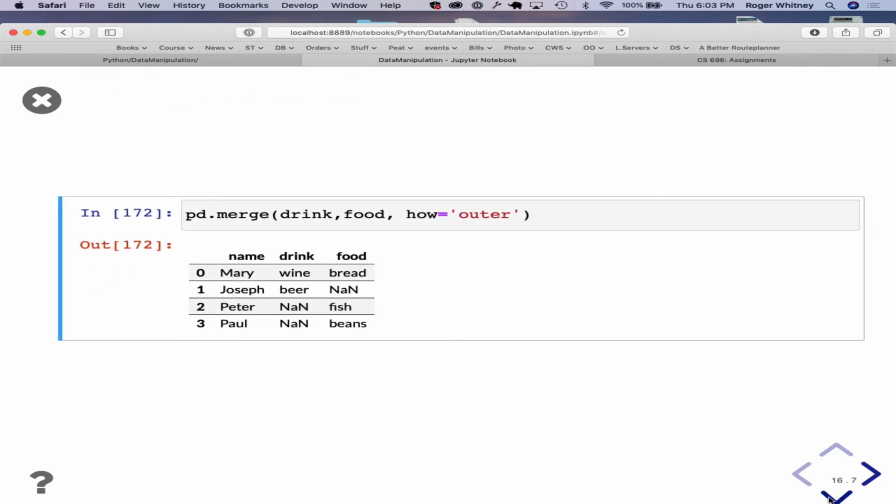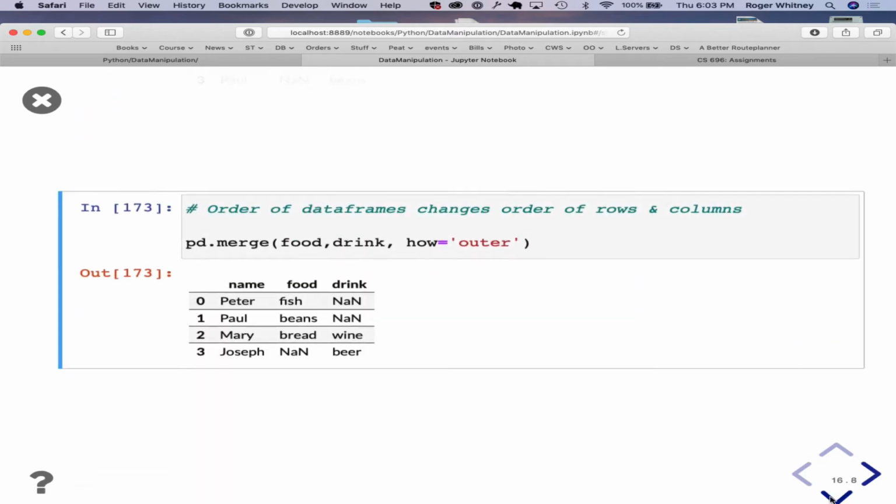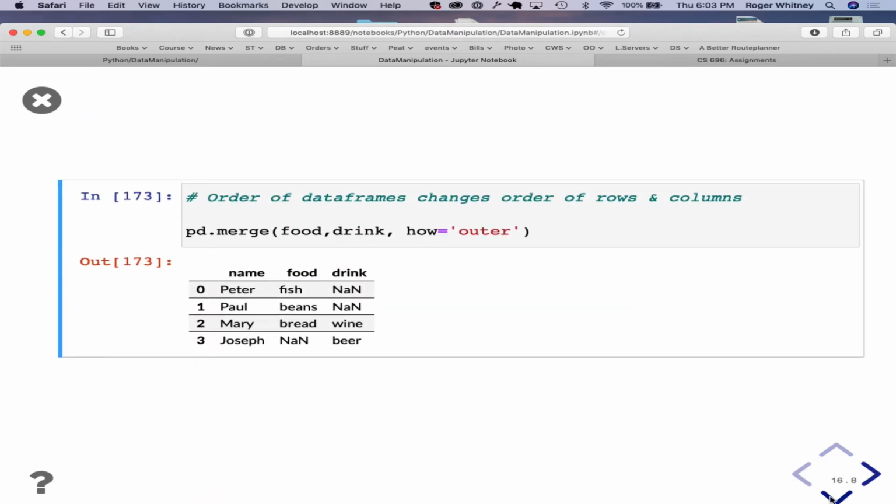Outer now we get all of them, but then you have to fill in the blank spots with some value. And then of course order matters because we're doing inner joins and outer joins.